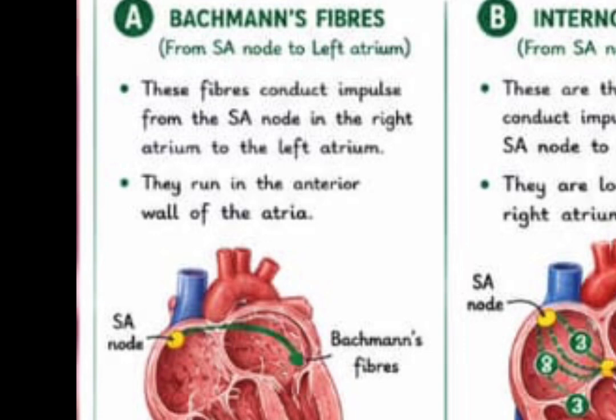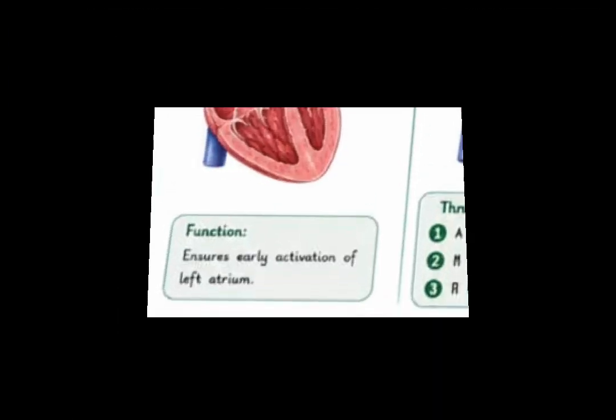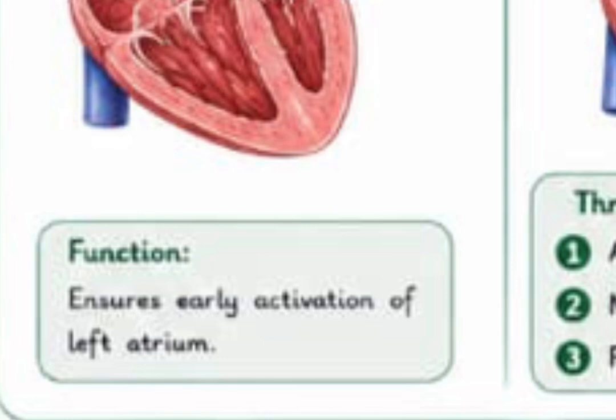The Bachmann fiber is how action potential is spread from the SA node to the left atrium. First of all, action potential is generated from the SA node, which is located in the right atrium, and for it to go to the left atrium, it uses the Bachmann fibers. Are you getting that? These fibers conduct action potential from the right atrium to the left atrium. They run in the anterior wall of the atrium, and they ensure early activation of the left